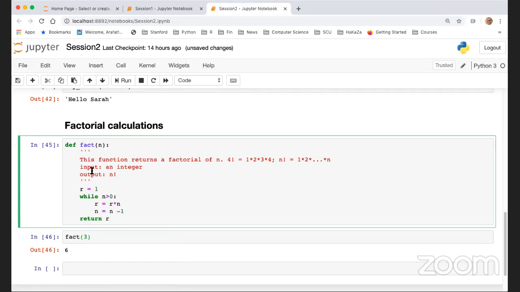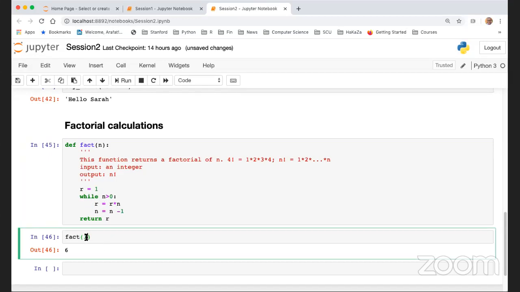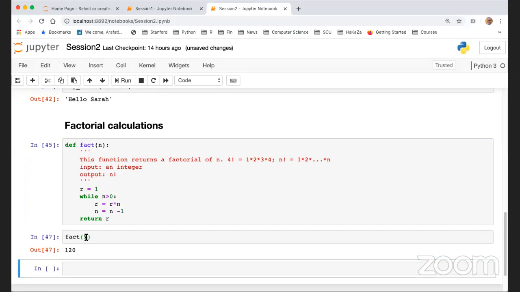So if n is 3, the first time R equals 1 times 3. But the second time in the while loop, n will become 2 because you are decreasing n by 1. So I have 1 times 3, second time times 2, third time times 1, because every time n is decreasing by 1. When n becomes 0, that's how you stop the while loop. Okay, so what if I say, get me the 5, as you could expect, it's 1 times 2 times 3 times 4 times 5,